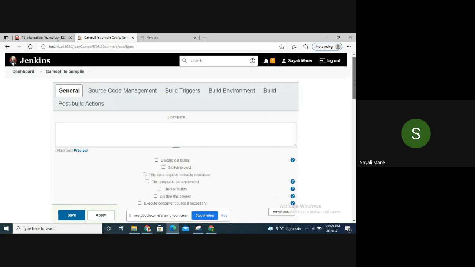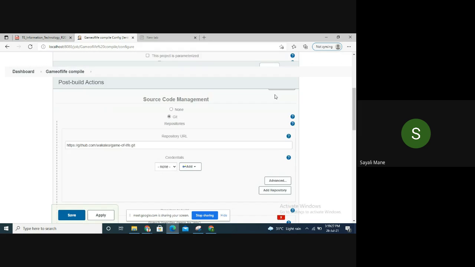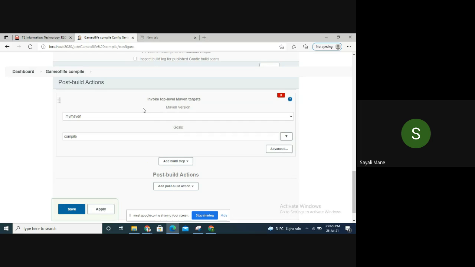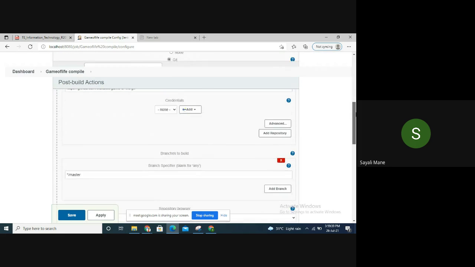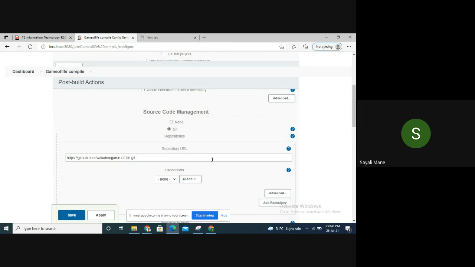Yes, ma'am. Now after that, again go to the build one. Just make sure that you have typed that Maven version and goals. My Maven and goal. Ma'am, after putting that link, we have to click add button? No, just wait a minute. Don't click add one. Just simply click here.